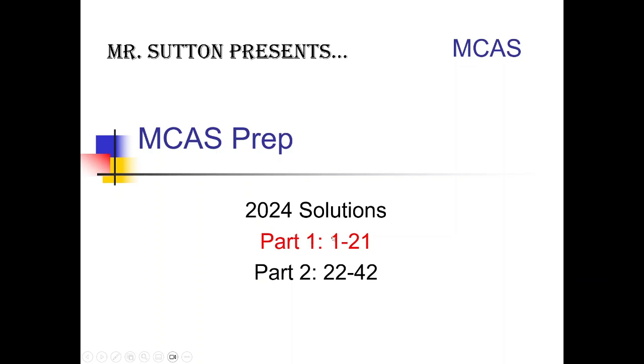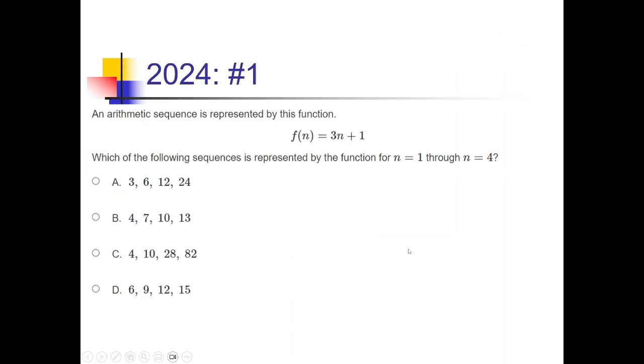This one goes through questions 1 through 21, which is the no calculator section. For this first question, we have an arithmetic sequence represented by this f of n function, 3n plus 1. We want to know which of the following sequences is represented by this function for n equals 1